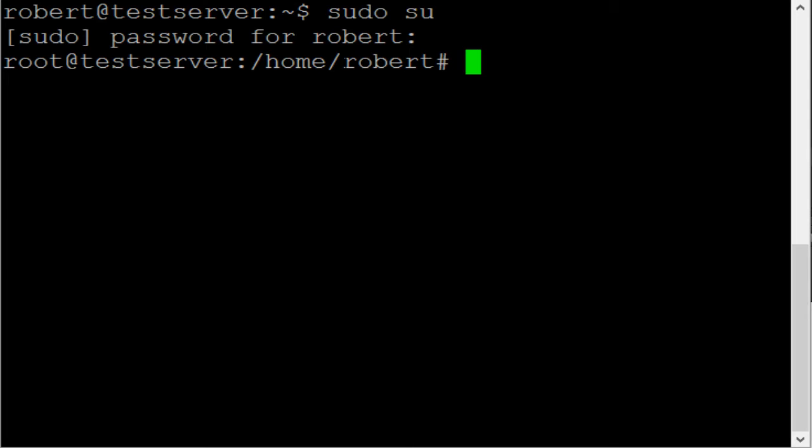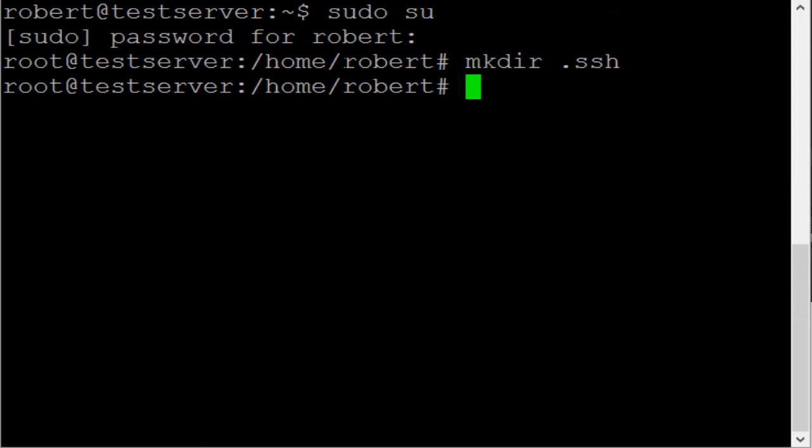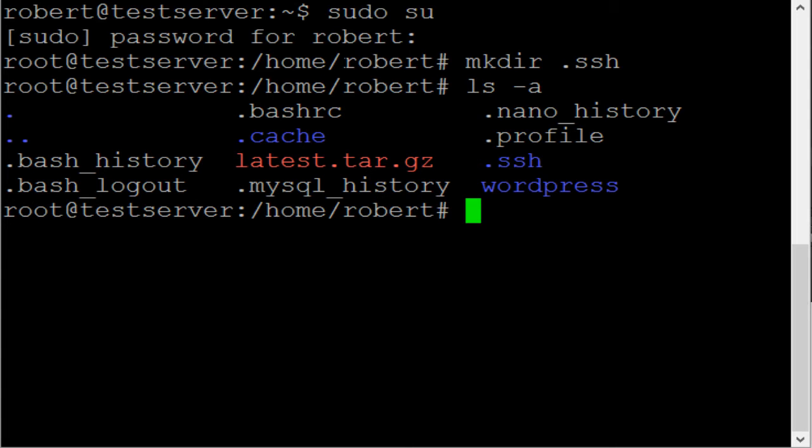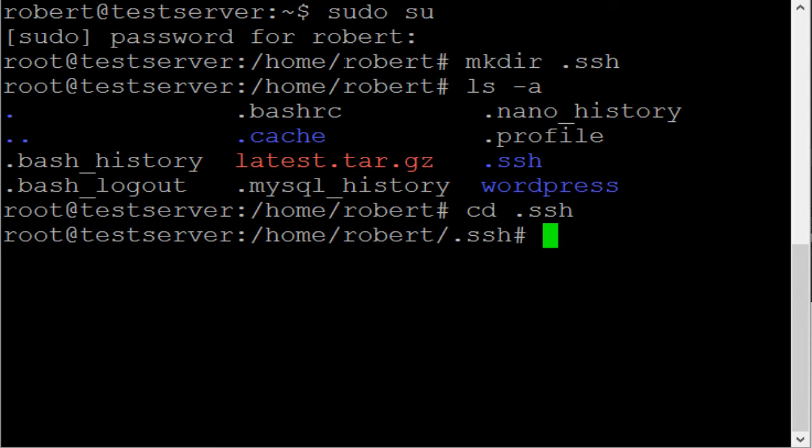So first thing we want to do is make a directory. It's going to be a hidden directory. It's going to be mkdir to make directory, and it's going to be .ssh. The dot just signifies that this will be a hidden directory. We'll hit enter. So now if we do a ls -a, that'll show our hidden directories as well. So there's our .ssh. So let's go into that. So we'll go into the .ssh directory,